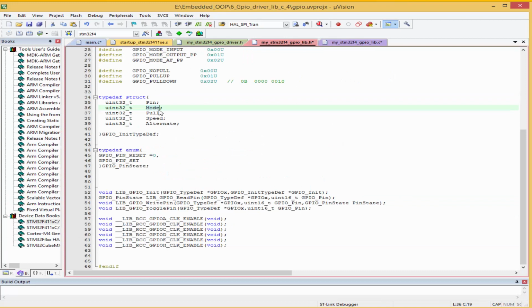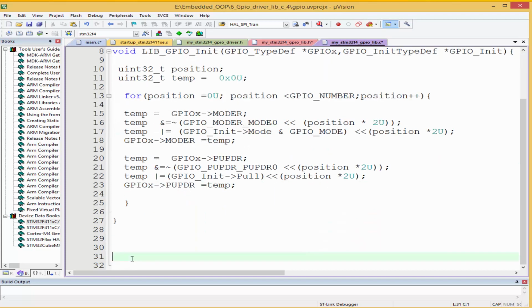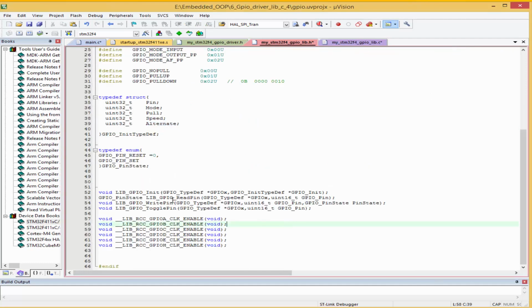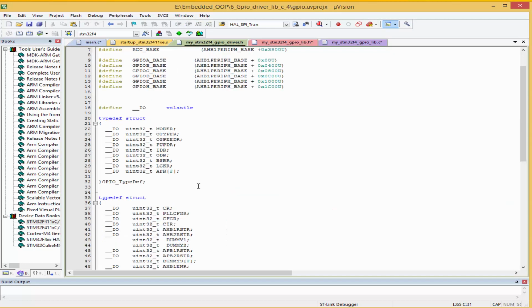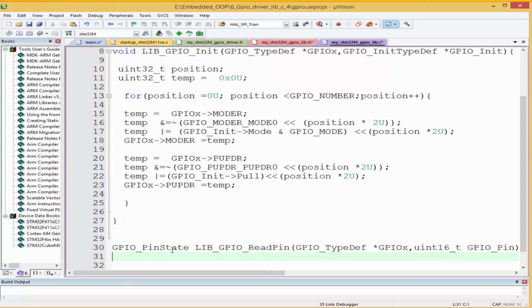Moving on, we're currently working with just these. We're not making use of the speed and the alternate function. Okay, so this would initialize the pin. Next, we can sort of write a function to read the pin. Let's go and copy the header of that function. This is it. It returns the pin state. I'll copy this, paste this over here,